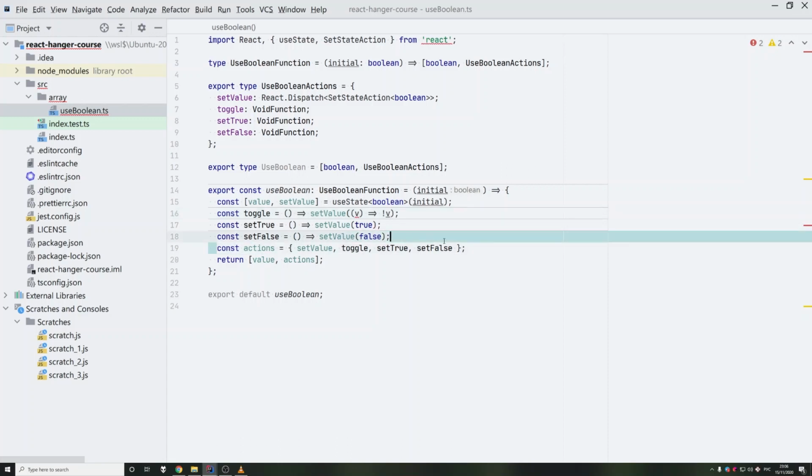Okay, and then we have an actions object where we put all of the functions that we want to return, and we return this beautiful array where the first thing is the value and the second thing is our actions, and we export the function itself. All right, so in order to test it, I will use good old copy paste and